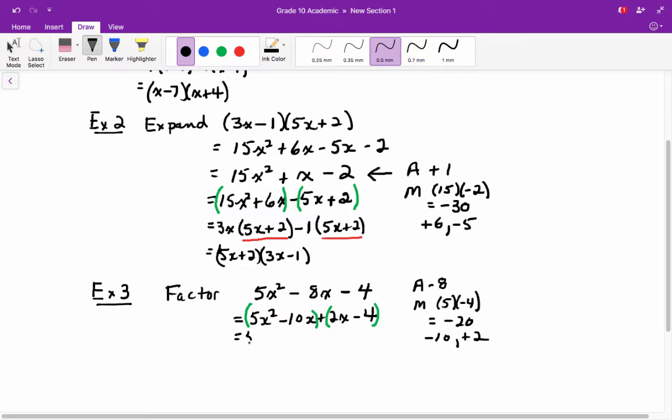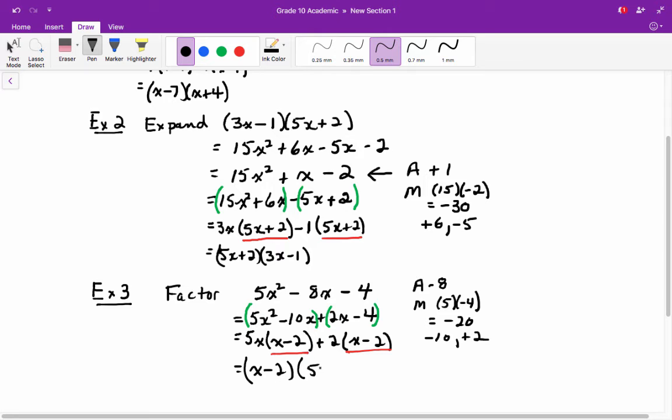So 5x is going to be common here, leaving you with x minus 2. And what's common here is 2. And that leaves you with x minus 2. X minus 2 is common, so we're going to bring it out in front. So x minus 2